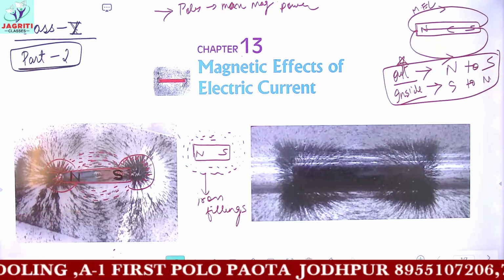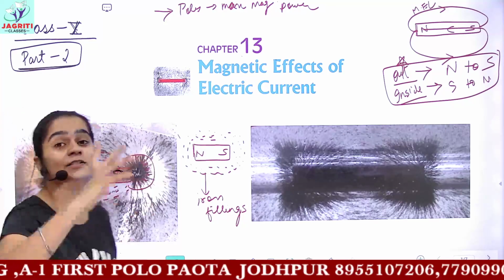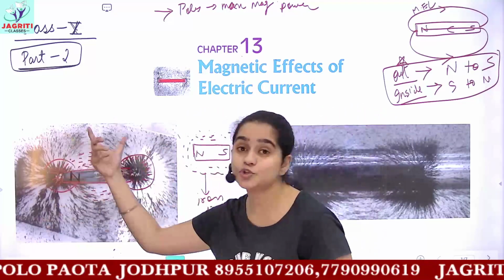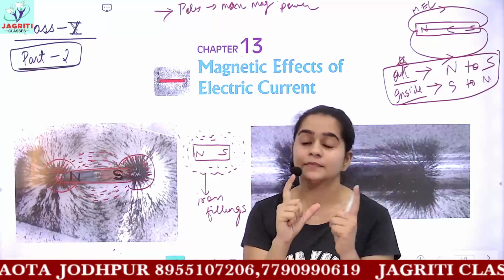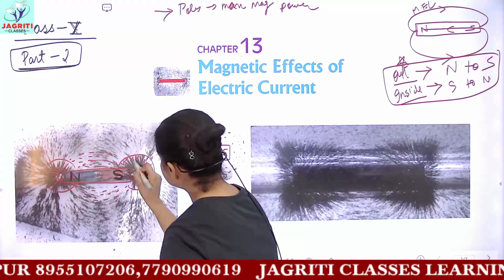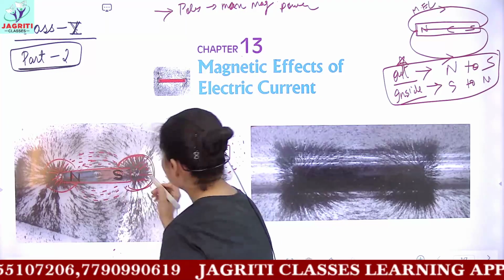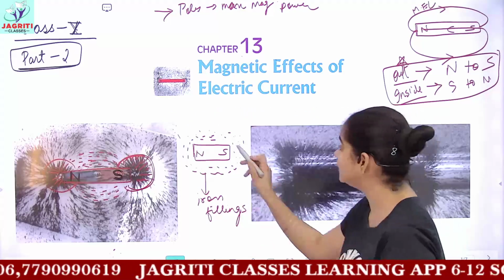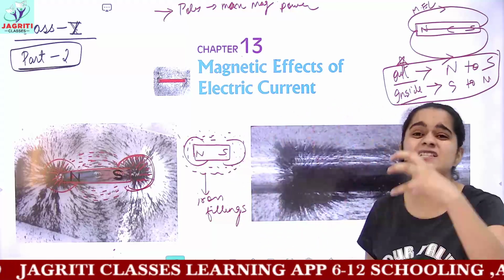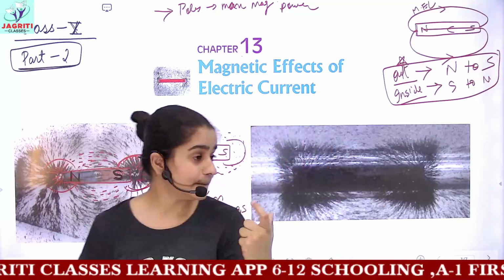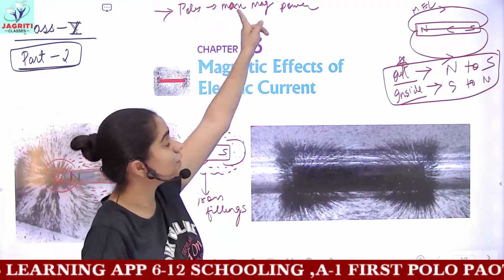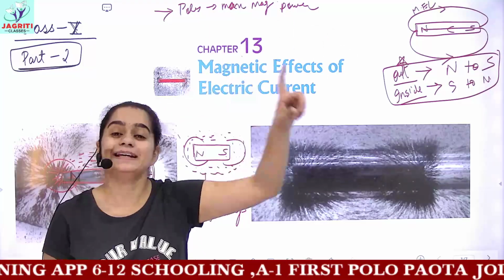This signifies that here a magnetic field is present, that is an imaginary area around the magnet where it is able to show its magnetic power, that is to attract iron objects. And here you can see more iron filings got attracted at the poles. This suggests that poles have the highest magnetic power compared to the remaining portion of the magnet, and hence you should know that poles have the maximum power of magnetization.